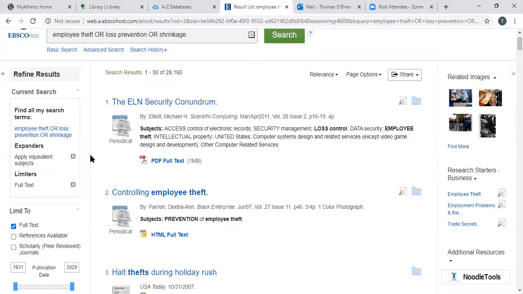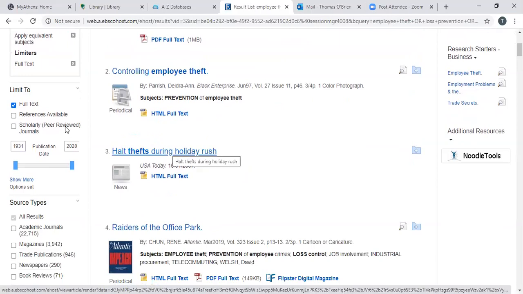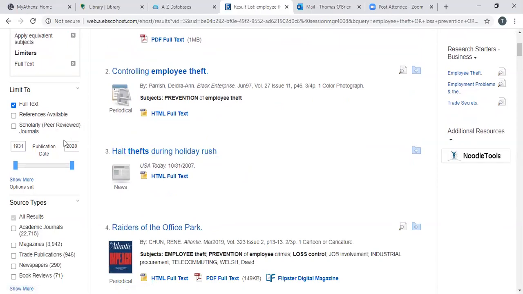So first thing I would tell people to do is to make sure that this little box is checked off where it says full text. That way, whatever article comes up, you're looking at the full article and not just a portion of it or a snippet from it. Also, some of your instructors may say that you need to use peer-reviewed articles. If I had a dime for every student that came up to me in the library and said, hey, I need to make sure it's peer-reviewed, how do I know it's peer-reviewed? All you have to do is check off this box here, and whatever comes up will be peer-reviewed. You're going to run into some classes that are going to require that, so that's just a good thing to know. For the purpose of this presentation, I'm not going to do that,